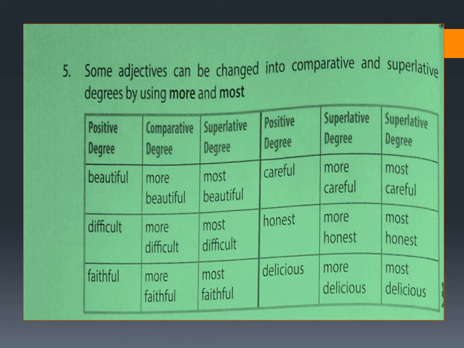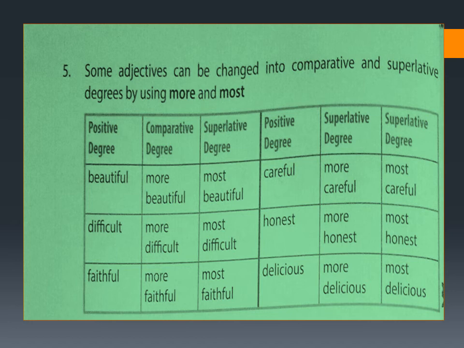If you look at these examples given over here, the positive degree is the actual adjective which we use, children. Nice, safe, large, wide, hard, smart, long, soft, soon, light, cold. These are the adjectives in real. That's called positive degree. So these adjectives are used to compare only one person or one thing.